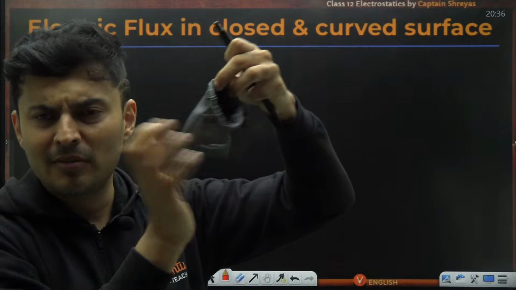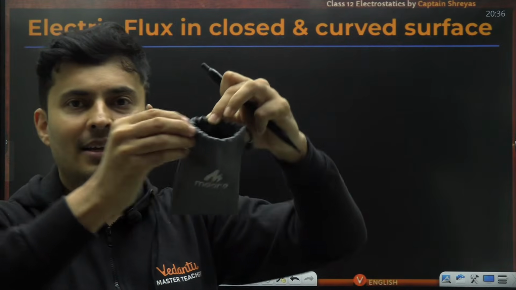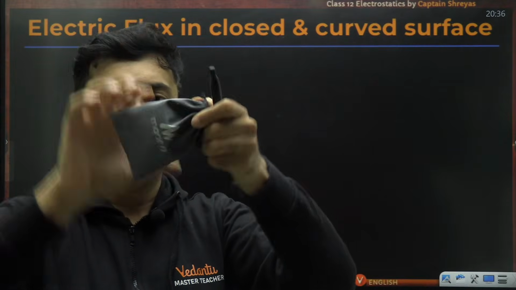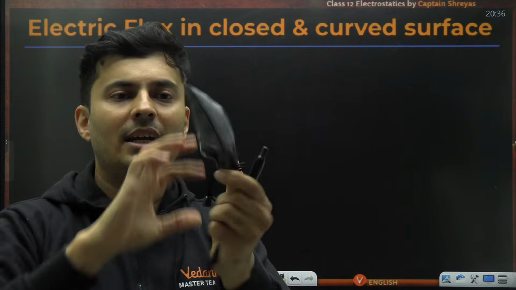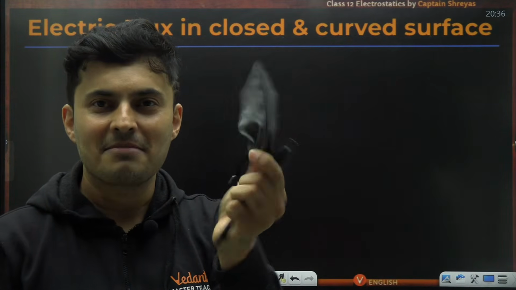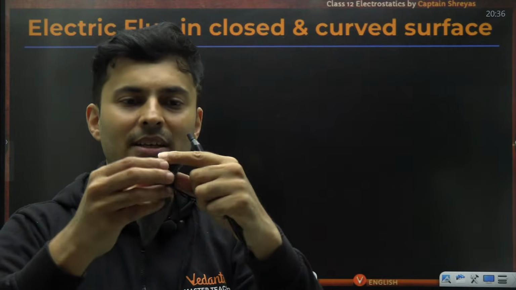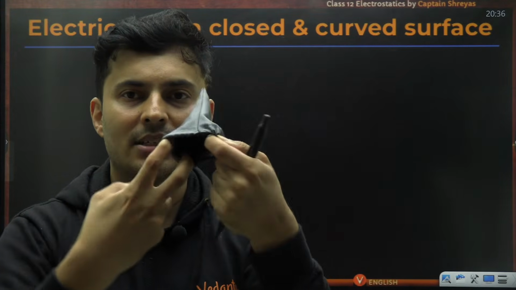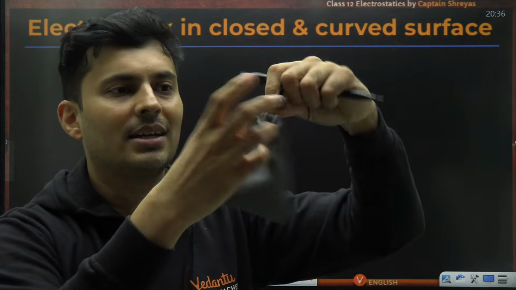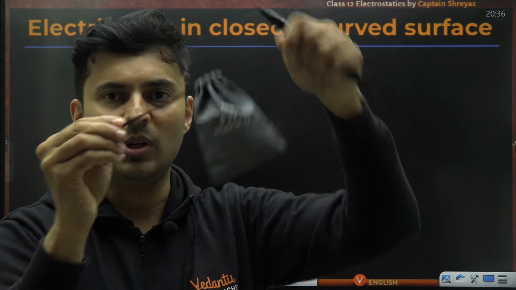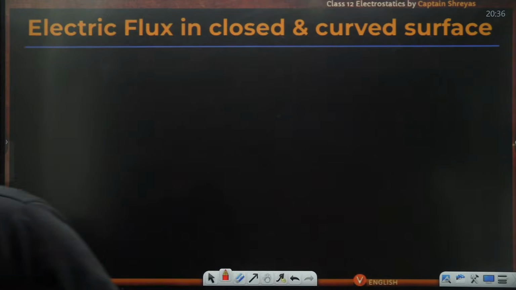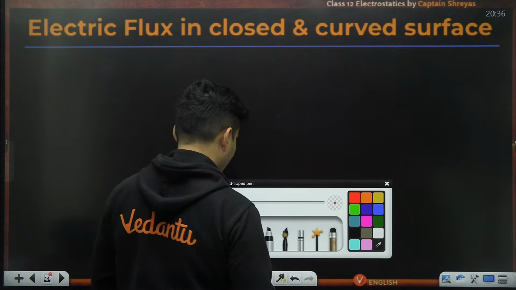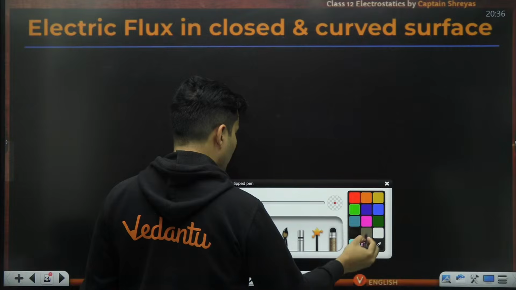But the moment I pull these strings, it's now a closed thing. There is some air trapped in it, maybe. It's a closed surface. Getting my point? If I open its mouth, things can go inside of it. But I can just pull these strings and it has now become a closed surface. Okay, perfect. So the moment I have something like a closed surface,